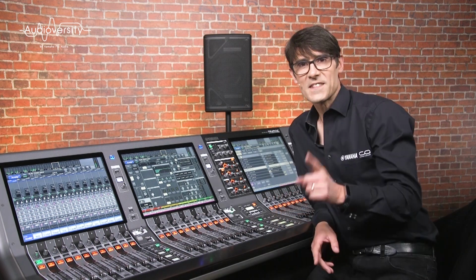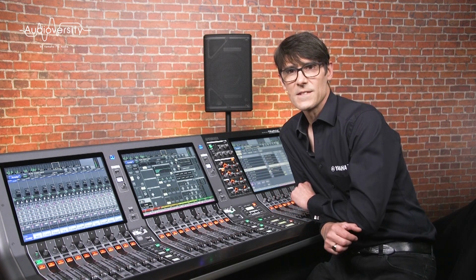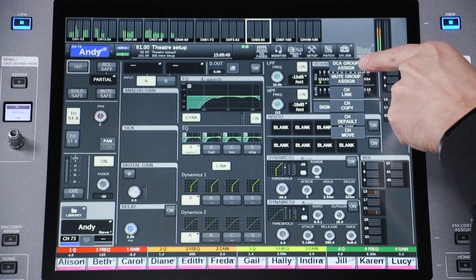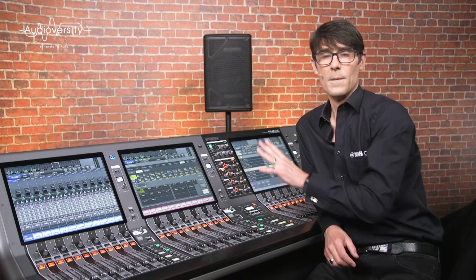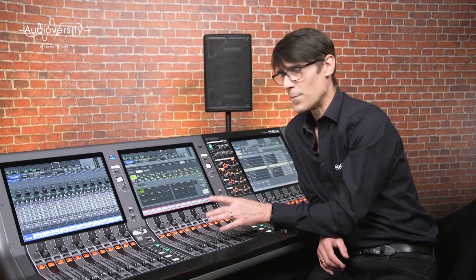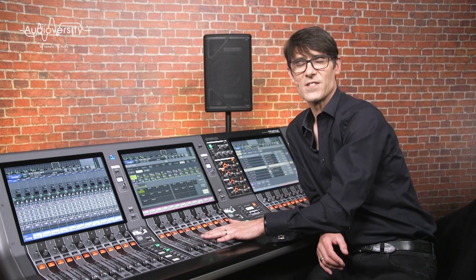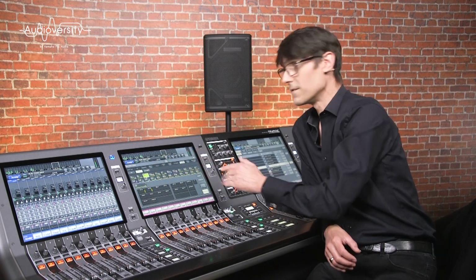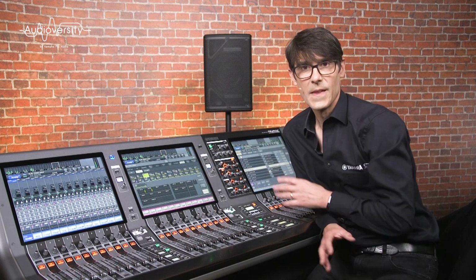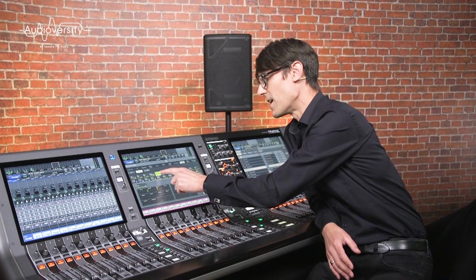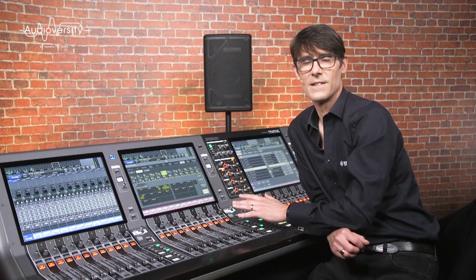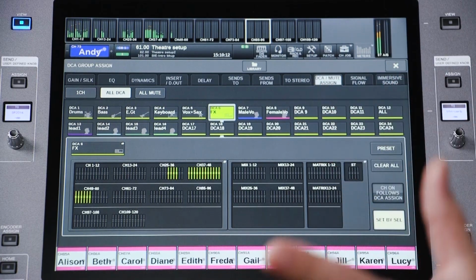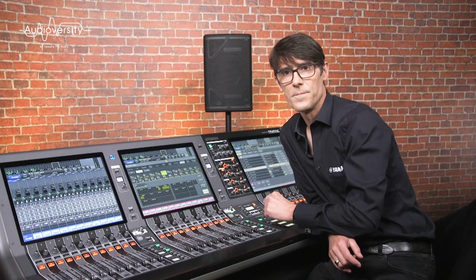Before we finish, let's take a look at the DCA presets. Find them in the Channel Job menu and DCA Group Assign. Many theatre shows rely heavily upon using DCA faders and changing their assignment with each scene, following the order of the action on the stage. It means a lot of programming needs to be done during rehearsals. To save time, use the DCA presets, which are only available in theatre mode.